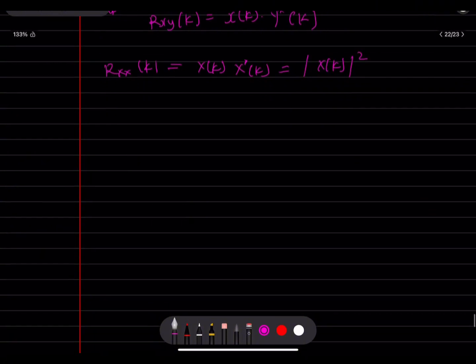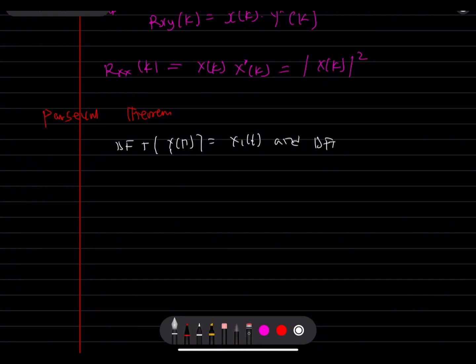And the last one I want us to discuss is Parseval's theorem. This theorem states that if the DFT of x1 of n is equal to X1 of k, and the DFT of x2 of n is equal to X2 of k,